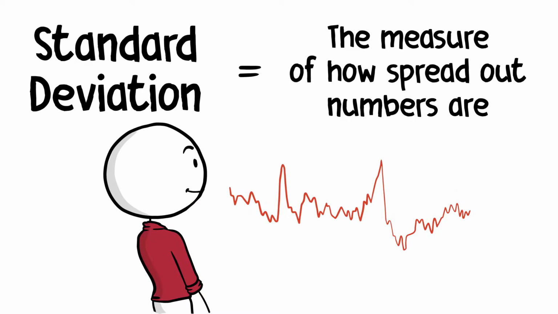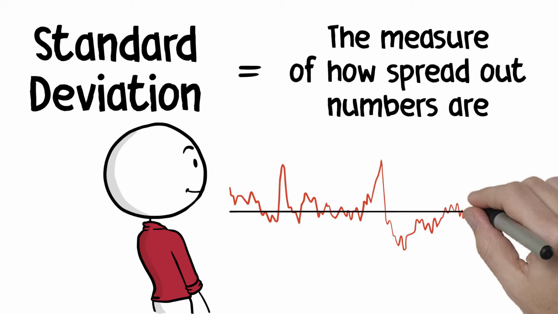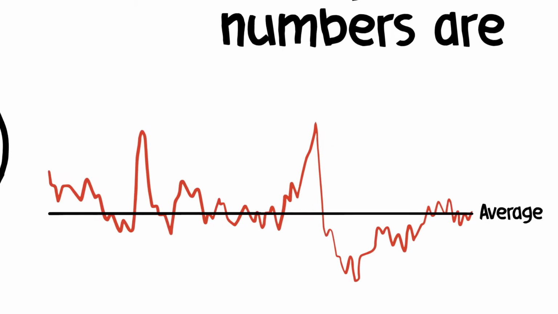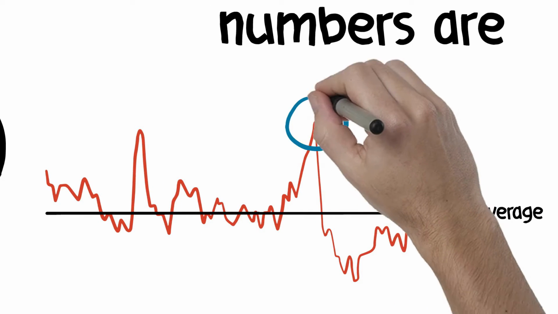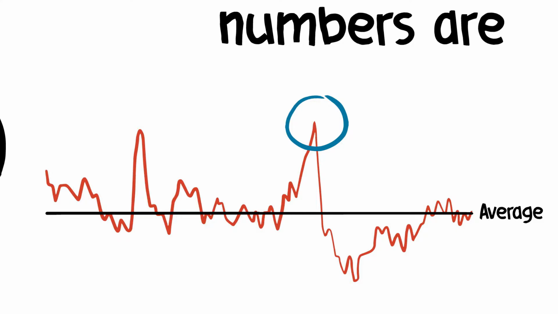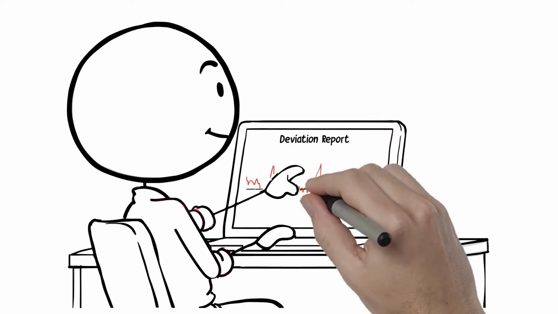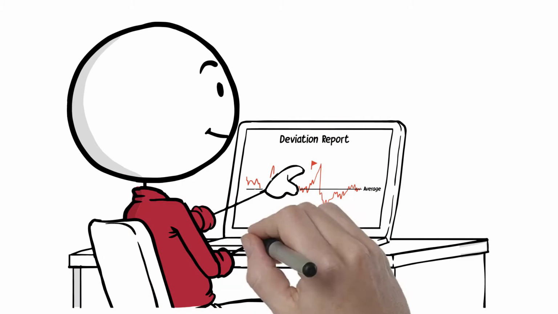Seeing demand that is a large number of standard deviations above or below the average is an unusual occurrence that requires review and possibly adjustment. The first exception we will cover is called unusually high demand, which looks at demand spikes that exceed a number of standard deviations from the average. This allows the system to flag these items to further review if manual adjustments may be needed to prevent possible